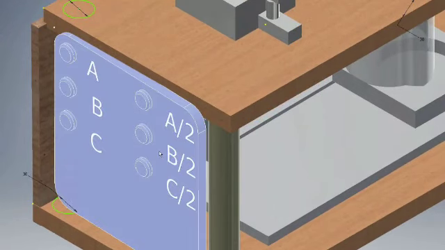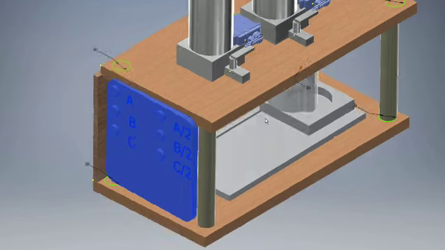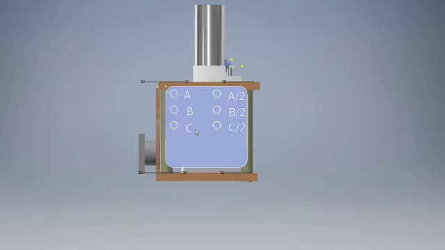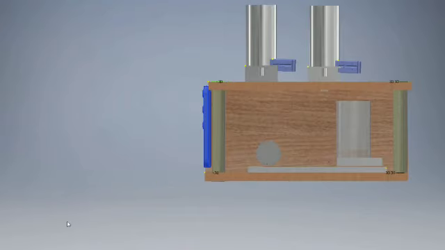In the digital input there are 6 digital inputs which give a wide range of user choice. That is, A, B, C represent the different types of juice, and A by 2, B by 2 and C by 2 represent the differing quantities. Storage units are mechanical systems which do not have any connection with the Arduino. They are purely mechanical systems connected to the dispensing unit. They have the tap, which is the output valve of the storage unit.